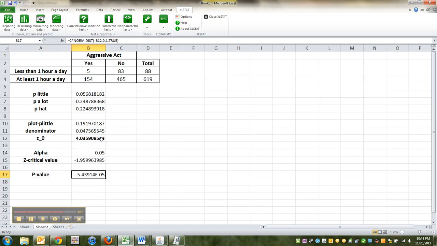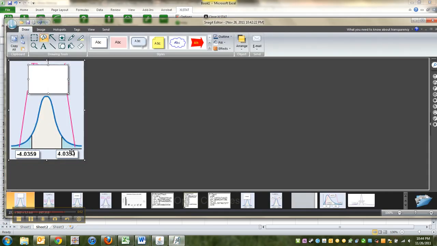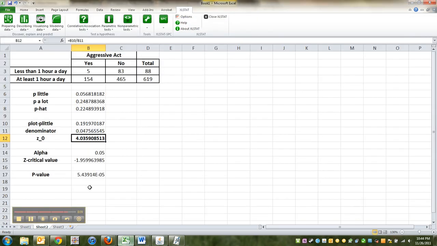Now, let me just make sure everybody understands. This is on the right side of the curve, right? Over here. But norm dist wants left tail curves. So I took the negative of it, and that gave me this blue area here with norm dist, and then I multiplied it by 2 to get both the blue areas. Follow? Of course, if this was negative to begin with, if this Z0 was a negative number, then you wouldn't have to worry about it, and you could just use it. Okay? All right, so this is 0.0, think about this,